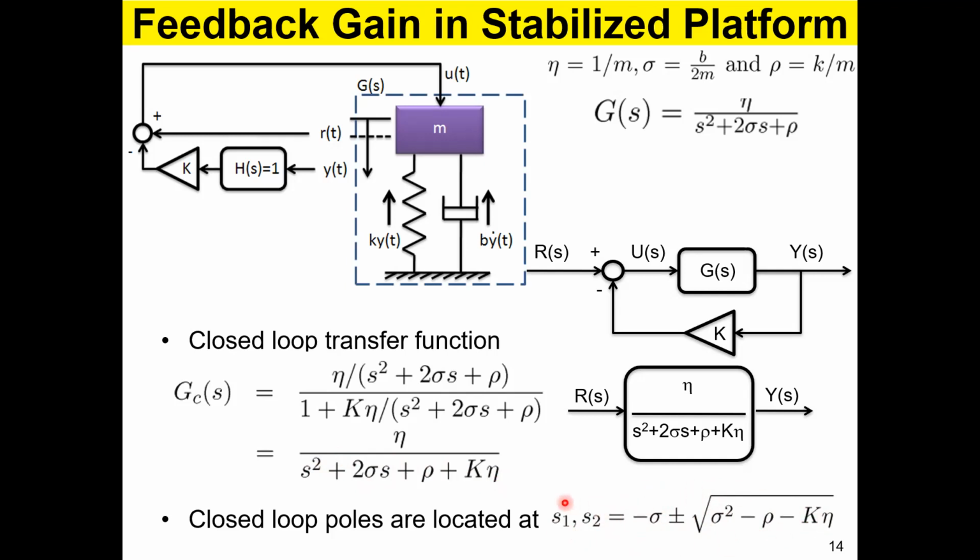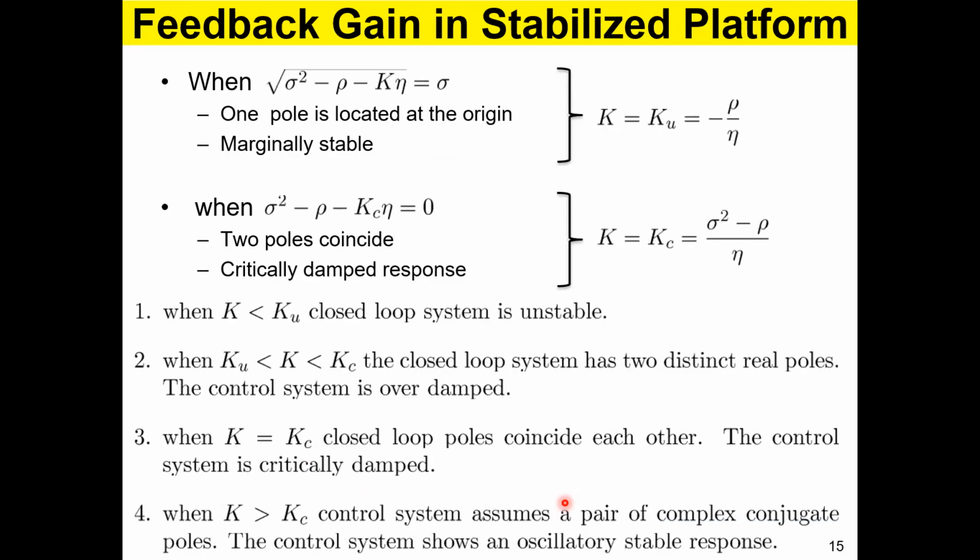If you look at this quadratic equation, with a pair of conjugate poles, it will be like this. So if you look at the determinant, if it is equal to sigma,